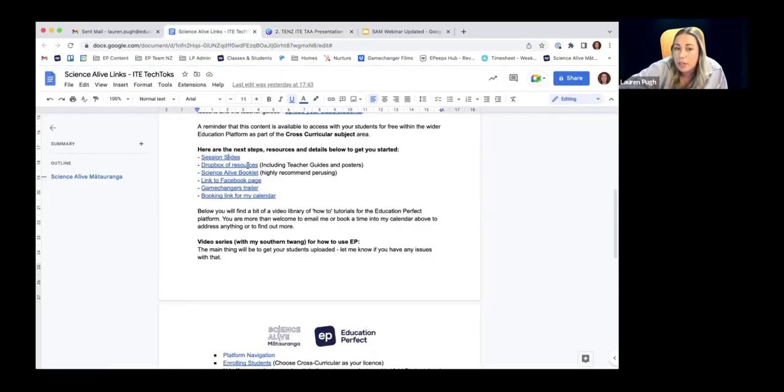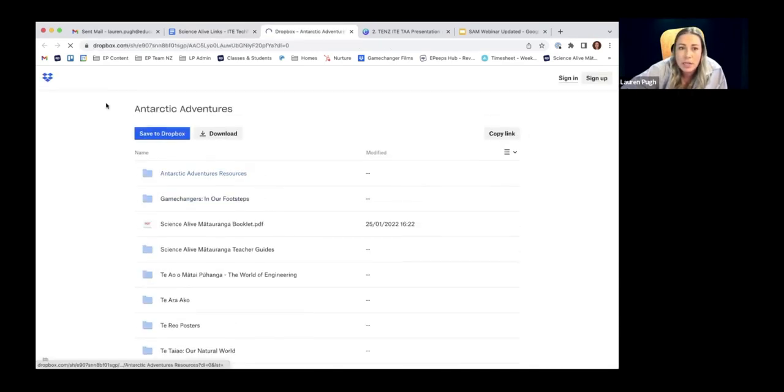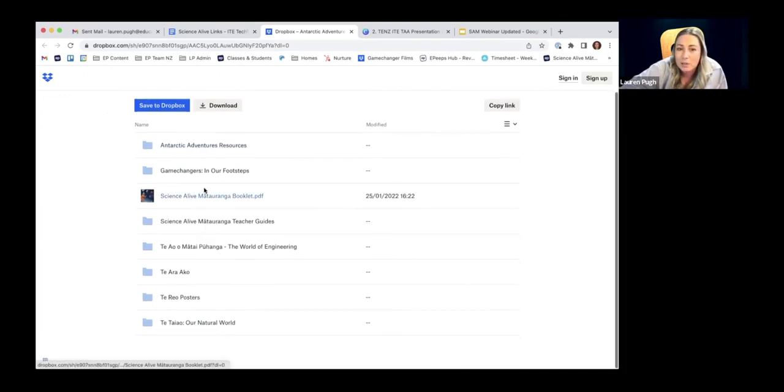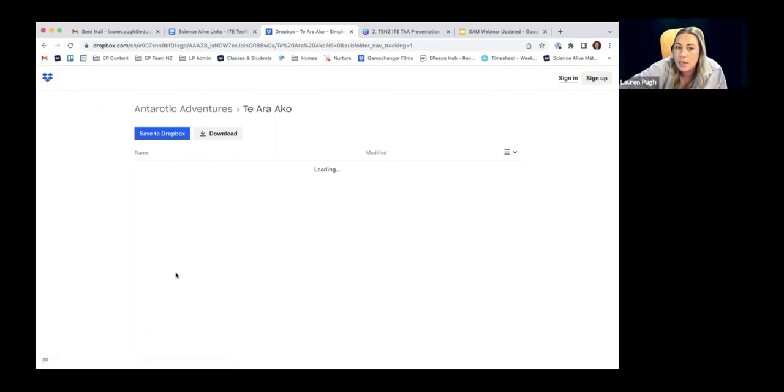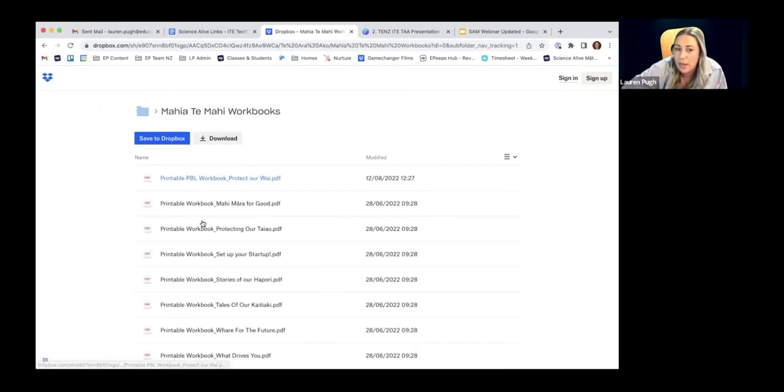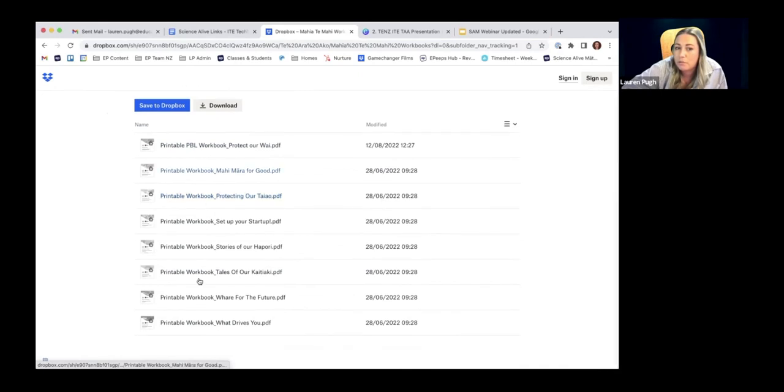The other thing I've got here is our Dropbox. So if I open our Dropbox, hopefully it's going to. Here we go. Ignore that it says Antarctic Adventures. I haven't figured out how to change that yet. In here is all of our goodies. One of the things I'll point you towards is Te Ara Ako here. Our workbooks. So the workbooks that we have for all of our projects, if you want to run it yourself and just use the workbook